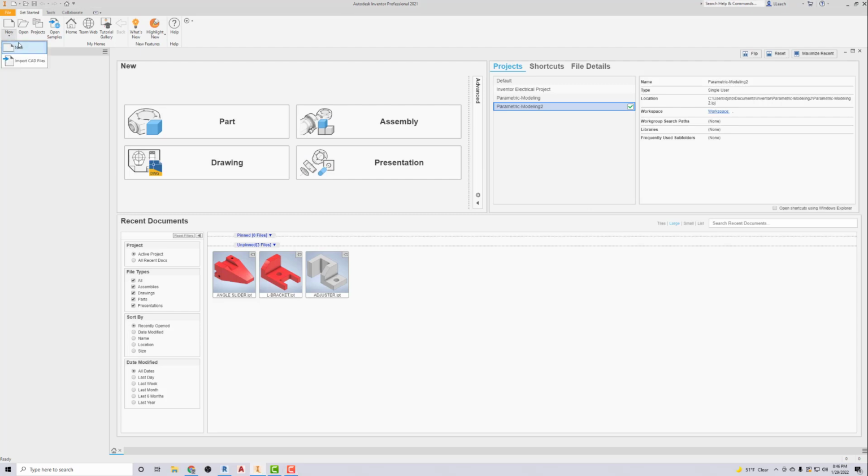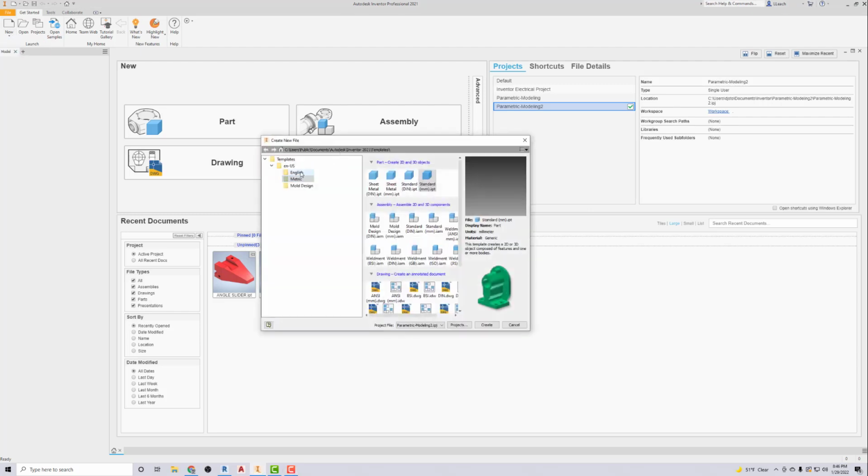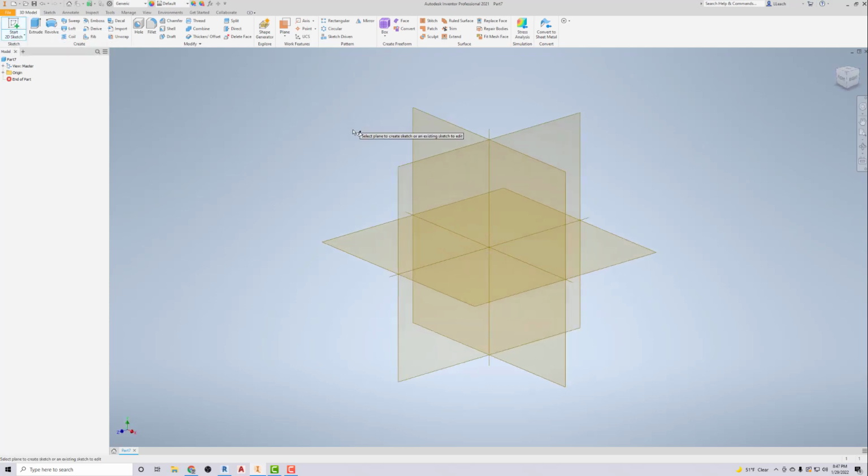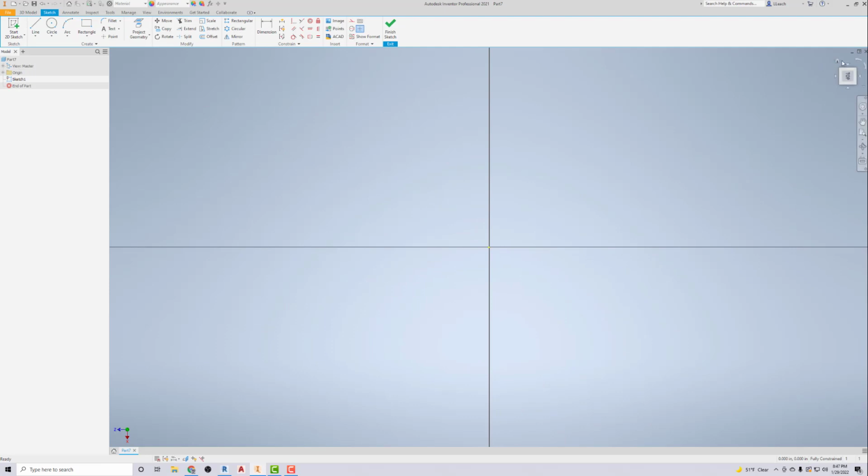So I'm going to go to new English because I want to do standard inch IPT. We're going to create, I'm going to start a 2D sketch. Let's see. I'm going to use this flat plane down here. Click that one. I'm going to rotate it over. See how it says my top, and my top is rotated to the right? I want to bring it back to reality. So I'm going to click this little arrow up here and rotate us back. Now our top is reading